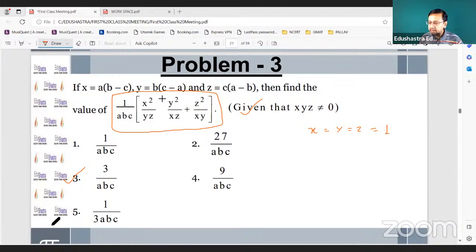Yes, Vamsi, yes, correct. Yes, Nandini, yes, yes, absolutely correct. So for this, the third option is the correct answer, right? Okay. So now